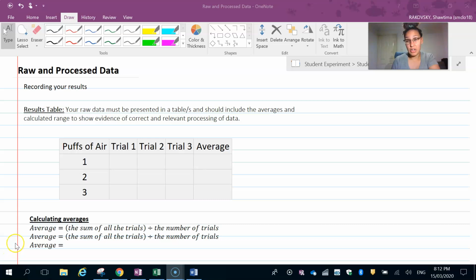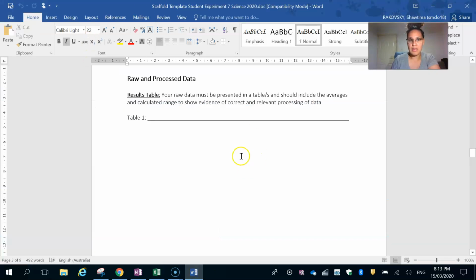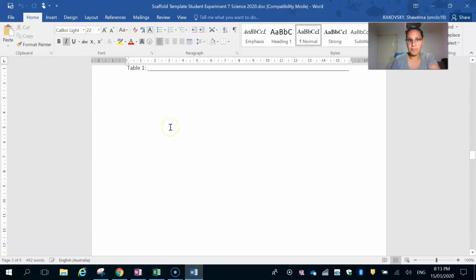Hi Year 7, in this video we're looking at what happens to your raw data and how we process it and then get it ready so that you can make your analysis and interpretation of it. You should have your data recorded somewhere, and hopefully you made a table before you got started so you filled it in. So if you go into your template, and here I am in Word,